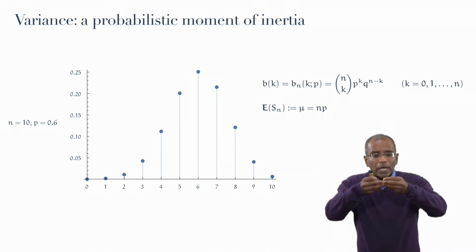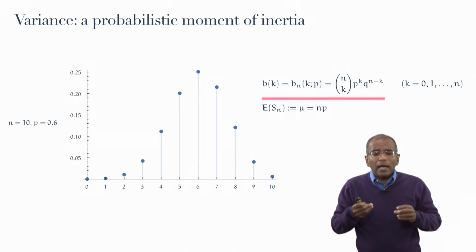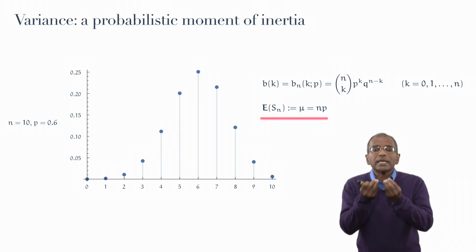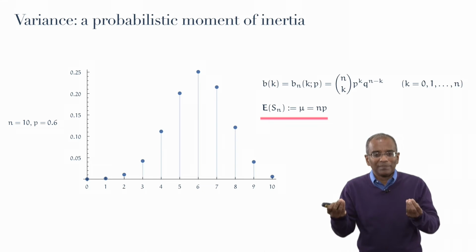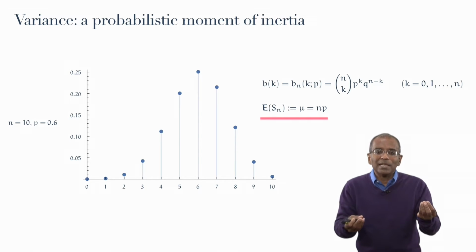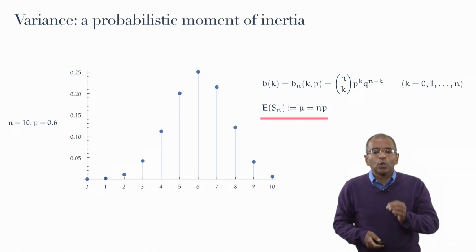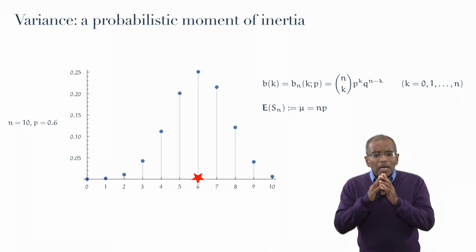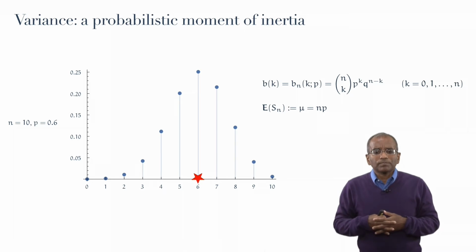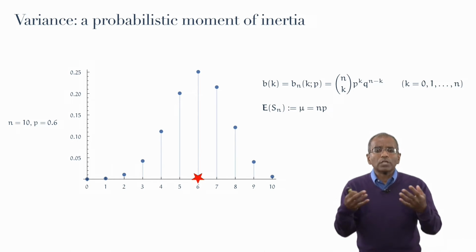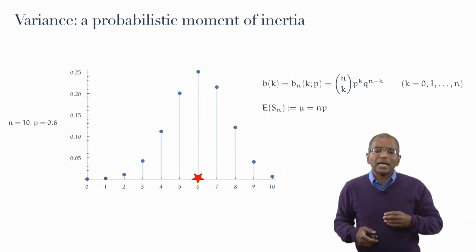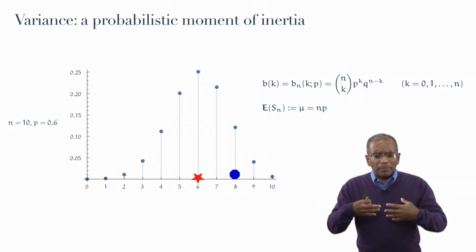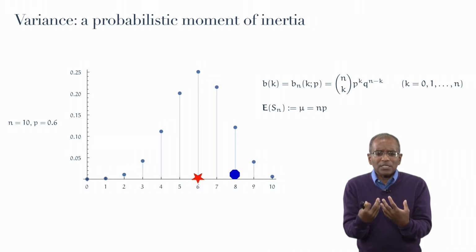More generally, we know what the binomial probabilities look like, and now we also know that the expected value of the distribution occurs exactly at n times p. In this case, with n being 10 and p being 0.6, the expected value coincides exactly at the point 6. Now, suppose one does the experiment. We toss a coin 10 times, and we count the number of successes. Suppose we get 8 successes. Now, it's clear in the picture that the probability of 8 successes is not negligible.